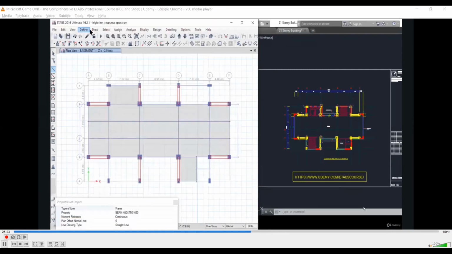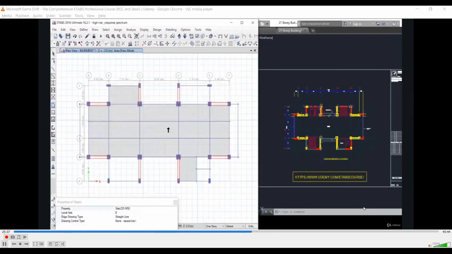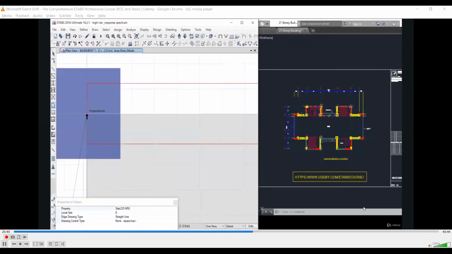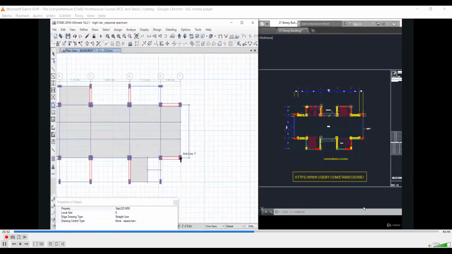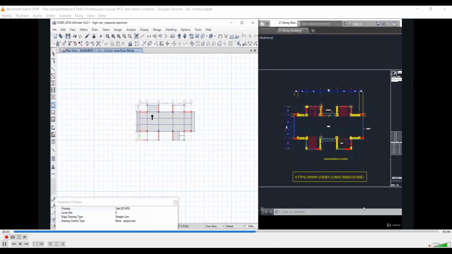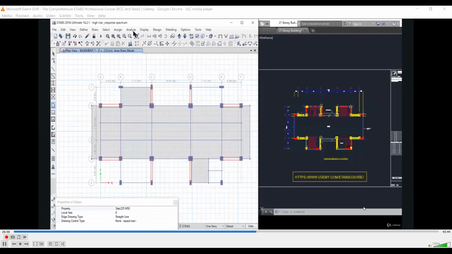Now we need to model the slab here. To model the slab, we can draw floor wall edges, draw floor wall plan. Slab 225 is selected. Snap to this point, then to grid point A3, then to grid point A2, and then to this joint. So now this slab is modeled here. Similarly, we will follow the same arrangement here. Grid point F3, joint, joint, and then grid point F2. So now we have modeled a cantilever arrangement.